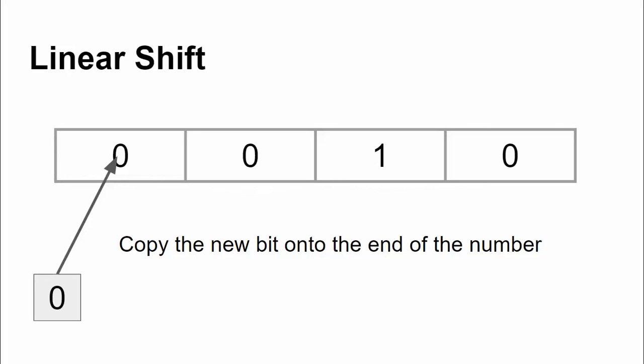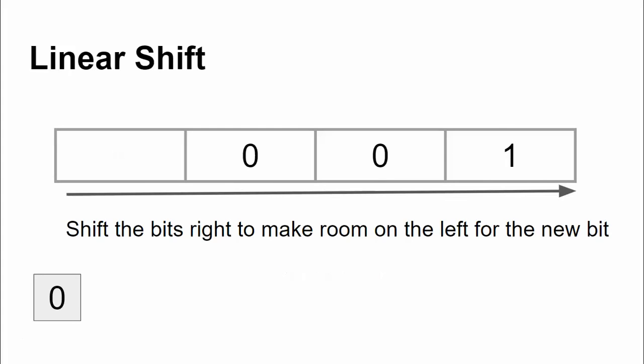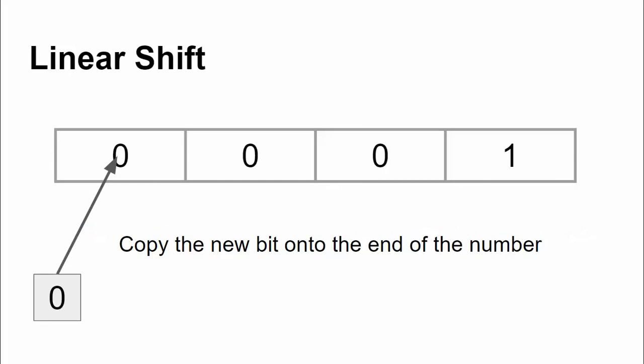All right, well, let's just do it again, just for the sake of repetition, just to make sure we've got this. So let's repeat. So we're going to pull out two new numbers. That's the same taps, right? And I'm going to get a 0 and a 0. XOR those together, I get 0. That's my temporary value. Now I'm going to tell everybody to shift down to the right. And now I'm going to take that 0 and I'm going to stick it on the left. And I've taken one number and I've used my formula to turn it into another number.